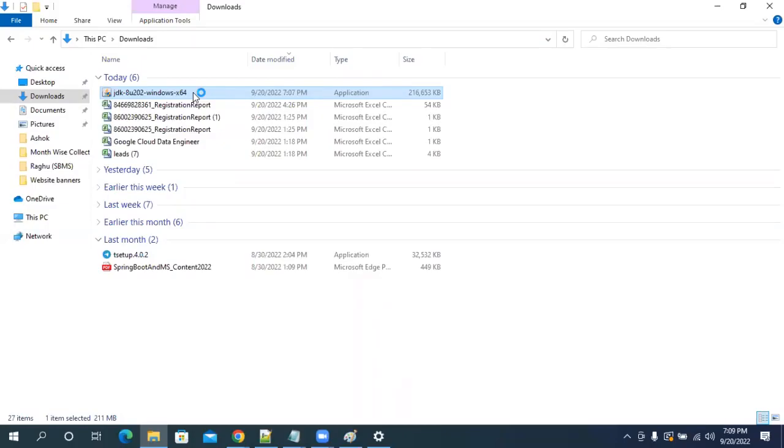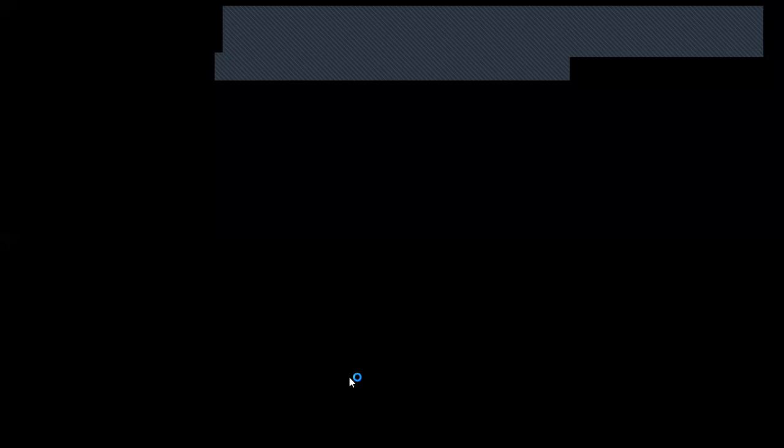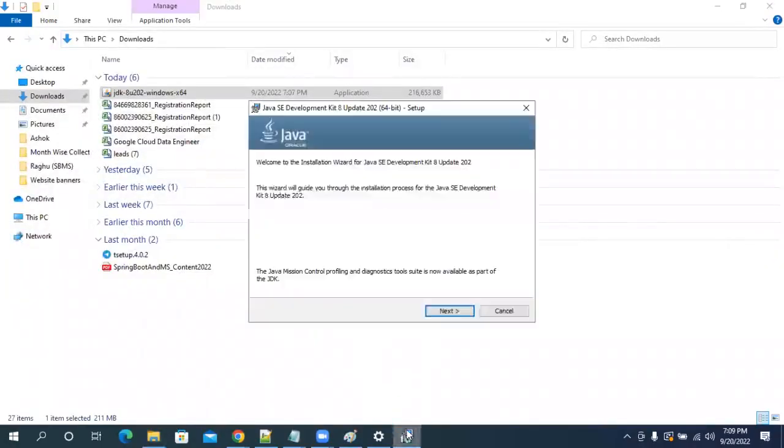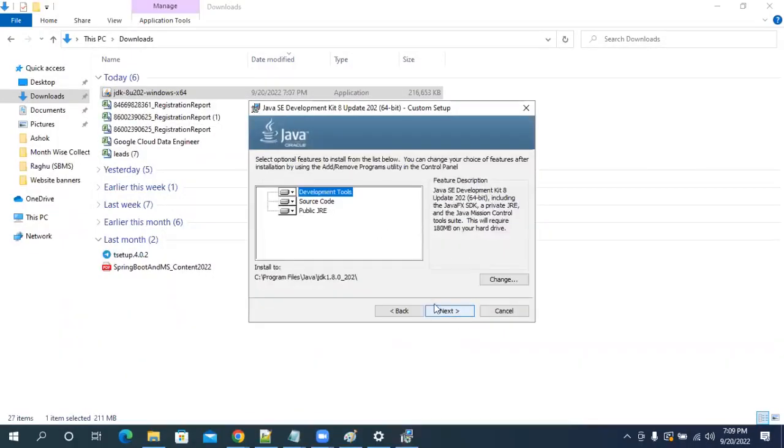Next, finish. That's it. That is how we are going to install Java on our computer. It is asking yes. Now, next, Java installation. It is installing by default in this directory. Can you guys check it? C, Program Files, Java, JDK 1.8.